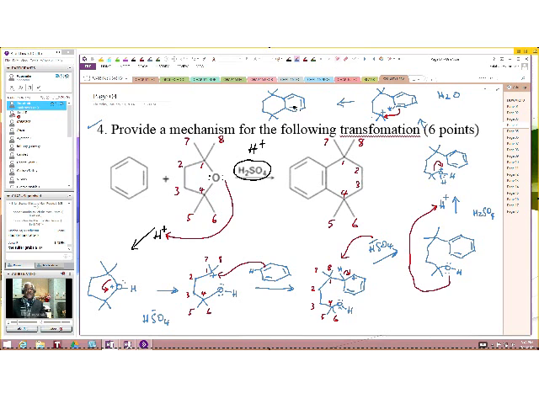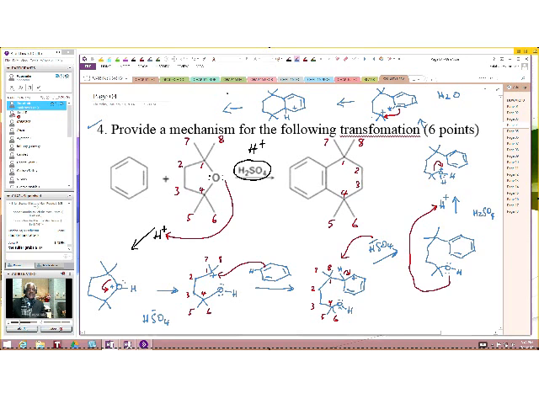Oh, sorry, this is not here yet. Once this pi electron attacks this, you are going to form a positive charge on this carbon here. And of course, you have hydrogen here. So now, at this point,